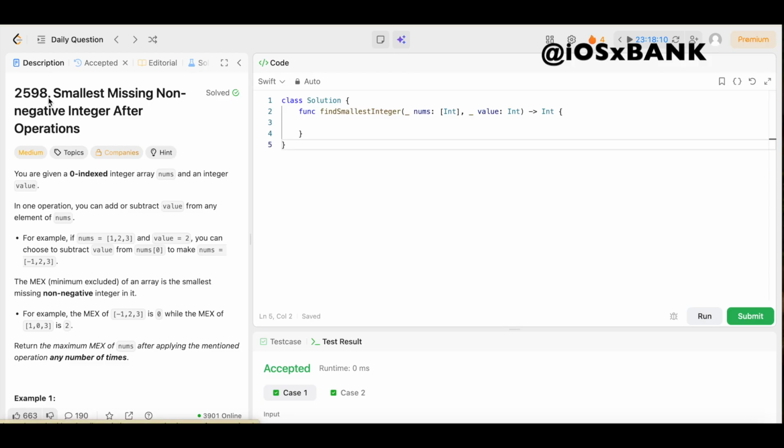And today we have question number 2598, smallest missing non-negative integer after operations. The difficulty level is medium, but you already know we're going to keep the solution as simple and easy to